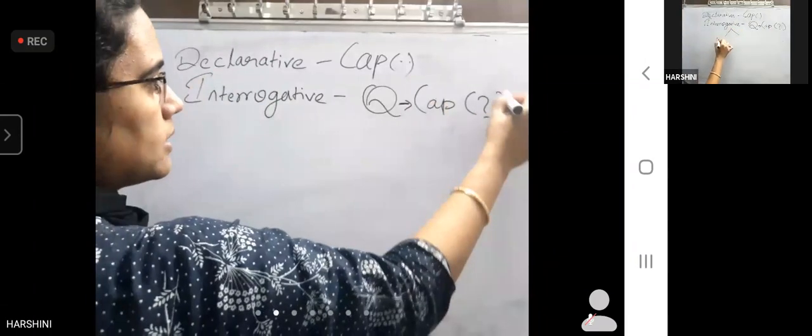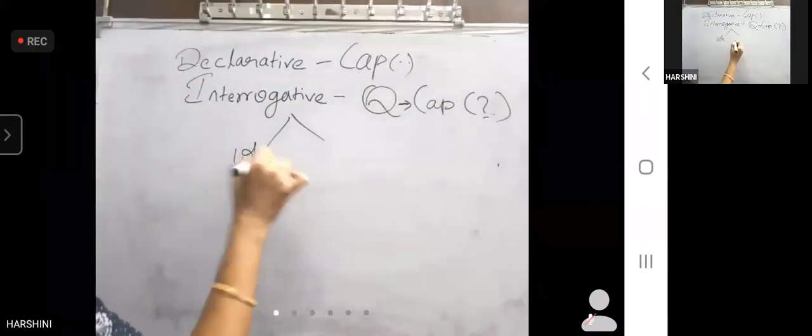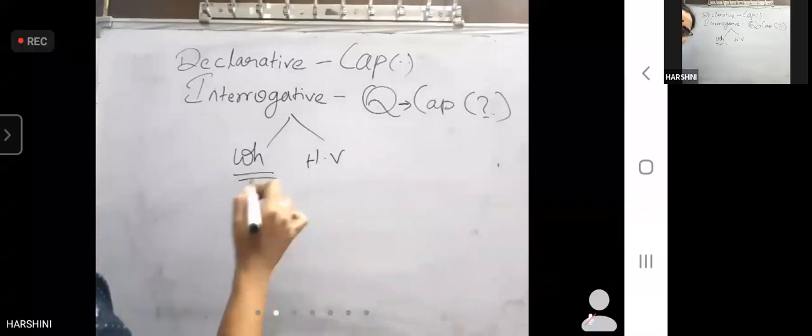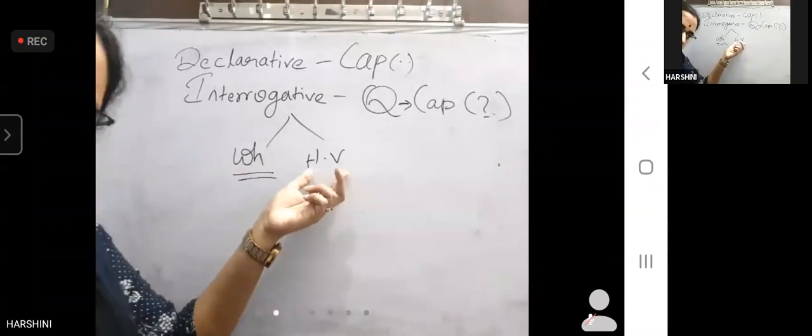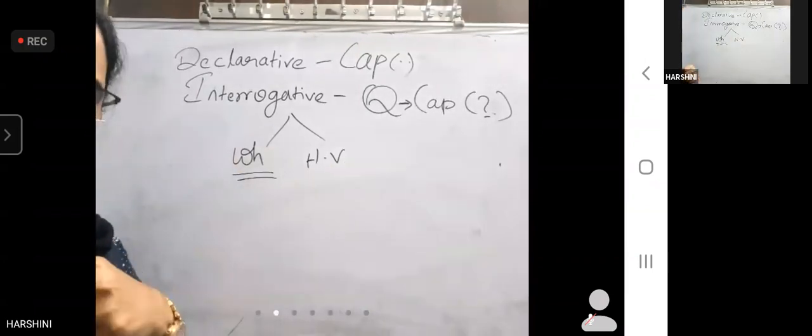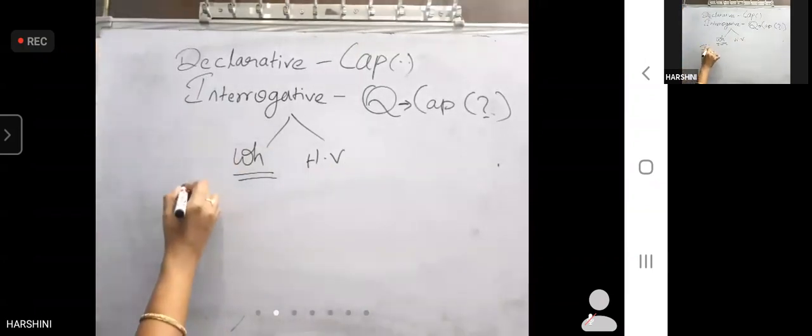Two types of interrogatives are there: WH questions as well as helping verb questions. WH questions are what did you do, when did you do, where did you do the work, how did you do the work, like this. Will you do the work? Don't you do the work? Have you done the work? These are all helping verb questions. Okay. Third type of sentences,